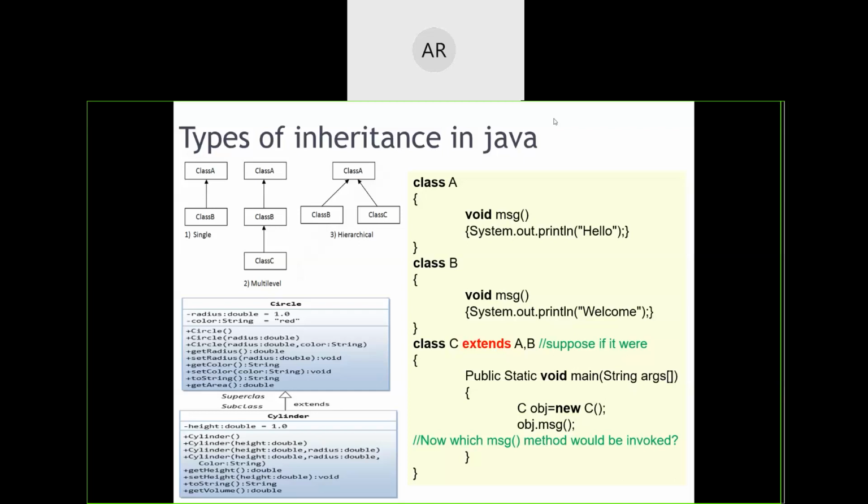Hybrid, multiple, then multi. I don't know what is that. Yeah, correct. Benny has spelled it correctly now. Okay. So we have got, yes, multipath.